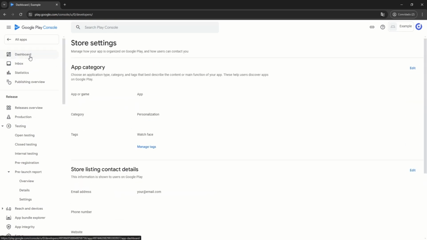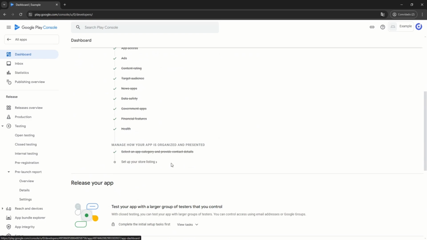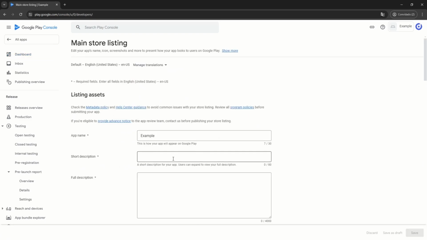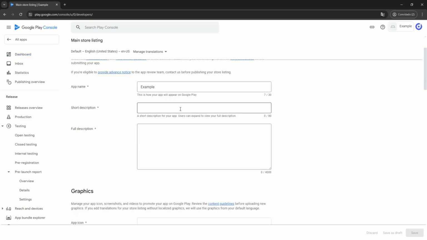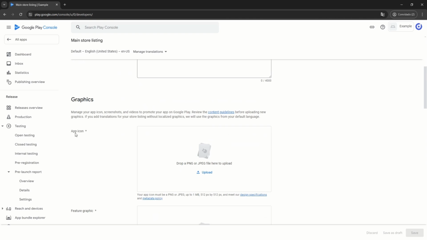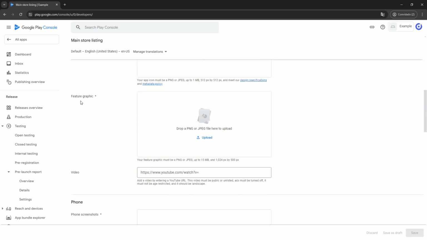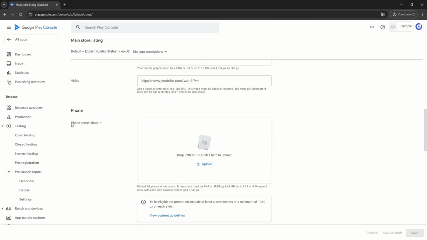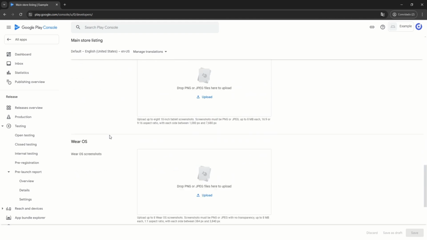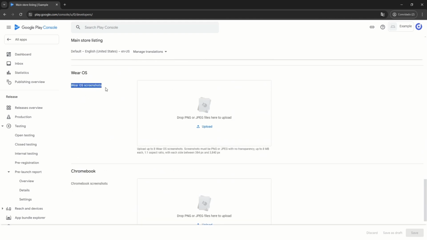On the sidebar again, click on Dashboard. Now fill out the store listing form. Those details will be displayed to the user on the watch face page on Google Play. Don't forget to add the watch face screenshots without a transparent background.